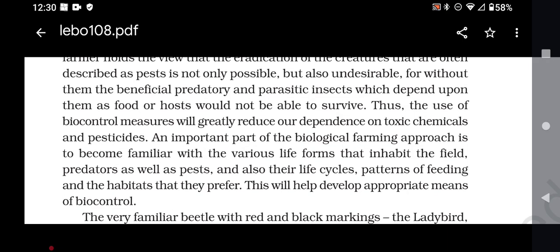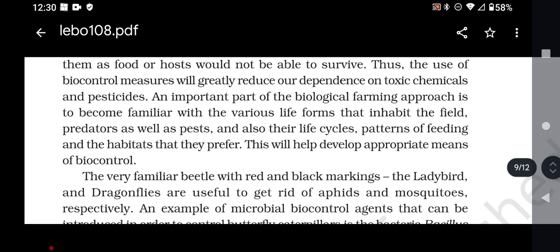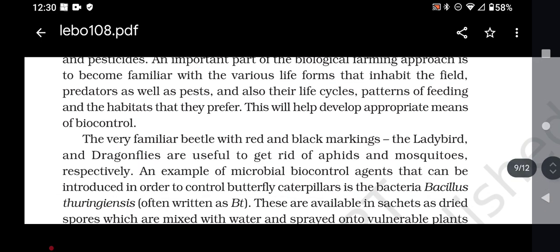An important part of the biological farming approach is to become familiar with the various life forms that inhabit the field, predators as well as pests, and also their life cycles, patterns of feeding and the habitats that they prefer. This will help develop appropriate means of biocontrol. The very familiar beetle with red and black marking, the ladybird and dragonflies are useful to get rid of aphids